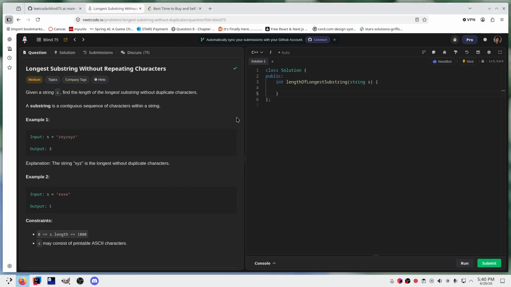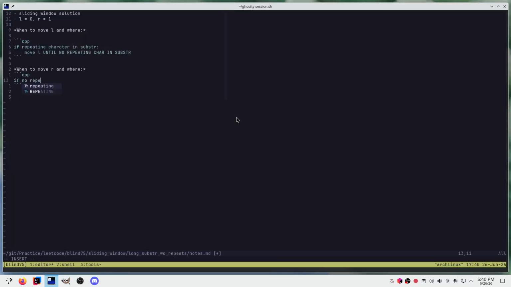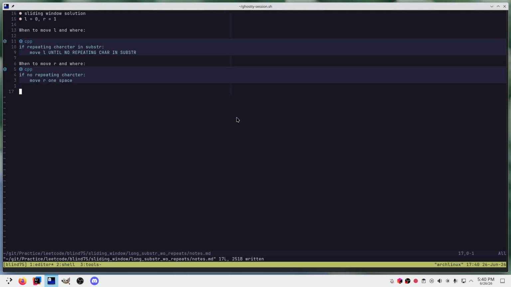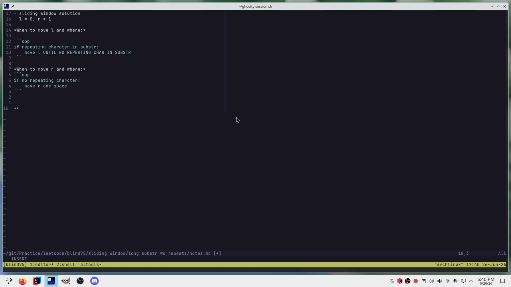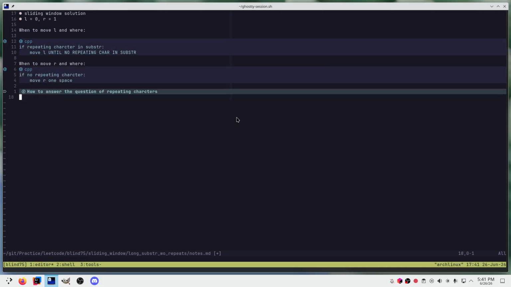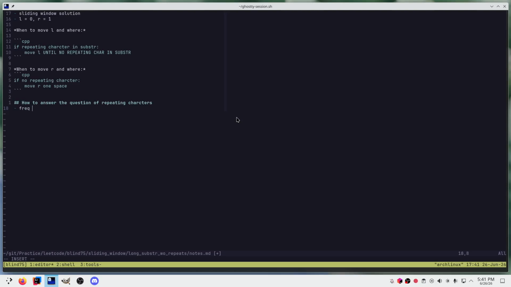When there's no repeating character, right? If no repeating character, then just move R one space. Nice. And then another thing we want to solve is how to answer the question of repeating characters. Well, we can use a frequency map, a set maybe,